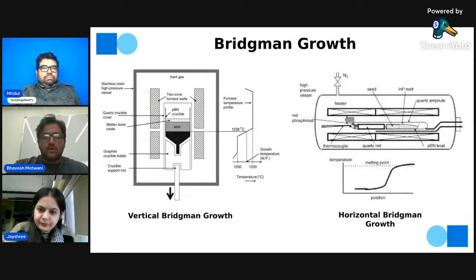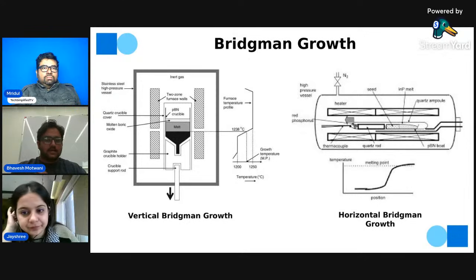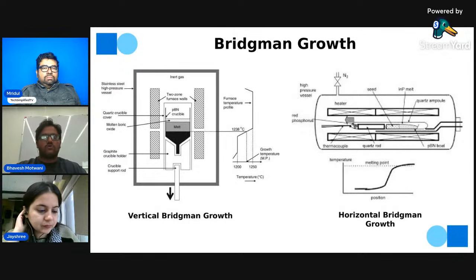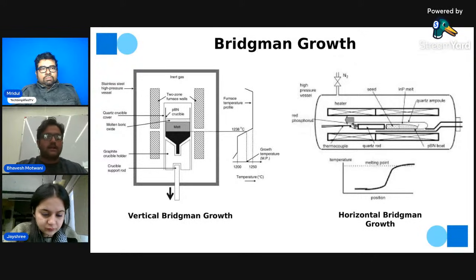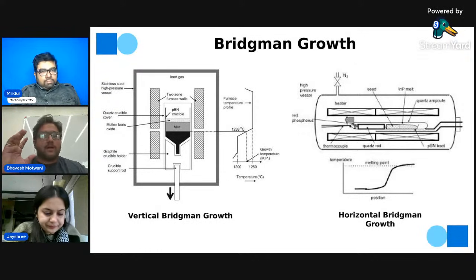Now, Bridgman growth. Overall, we have learned how silicon is grown, but now we'll go through how we can grow compound semiconductors. For compound semiconductors, we need wafers of gallium nitride, indium phosphide, and even sapphire wafers are used for many objectives. Bridgman growth can be done vertically and also horizontally. Bridgman growth is used for the mass production of